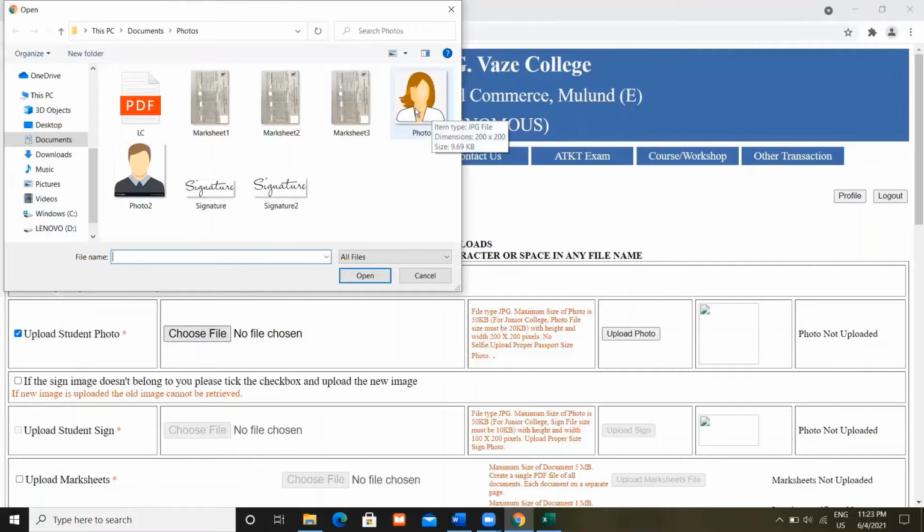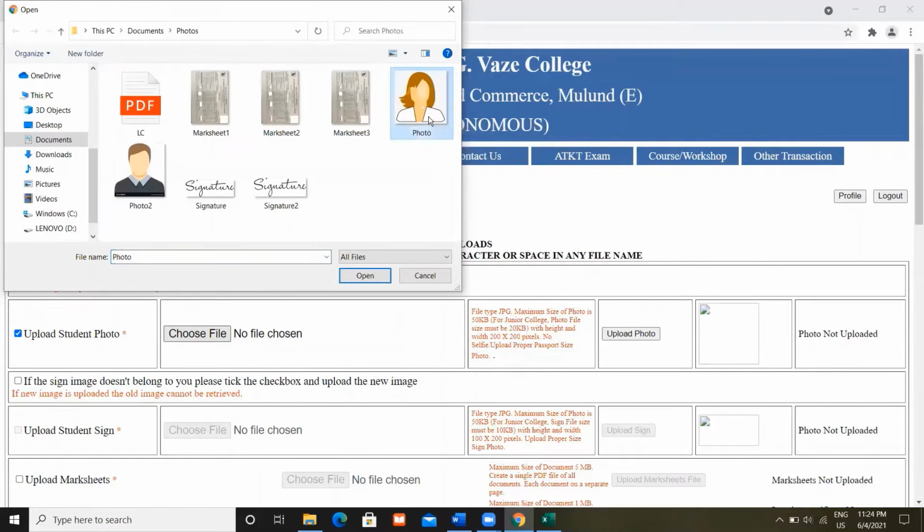When you hover your mouse on the photo, you will see the file type, that is the JPG file. As you can see over here, this photo is of JPG format. The dimensions, that is the pixels, are 200 into 200 and the size is 9.69 KB.